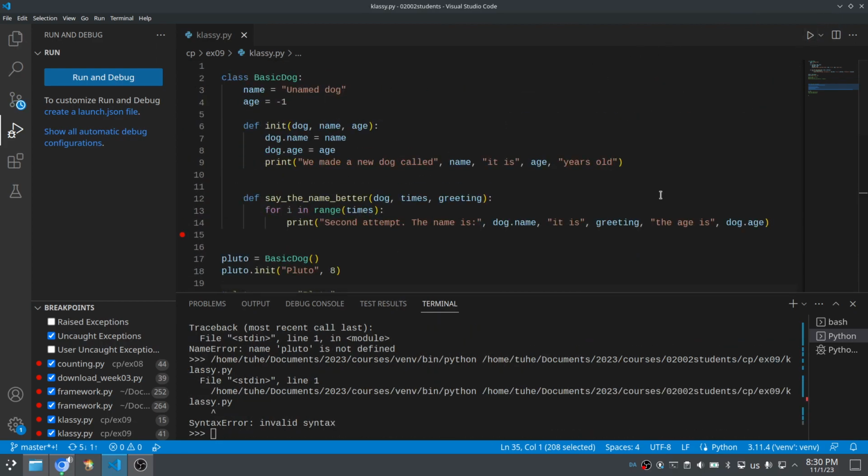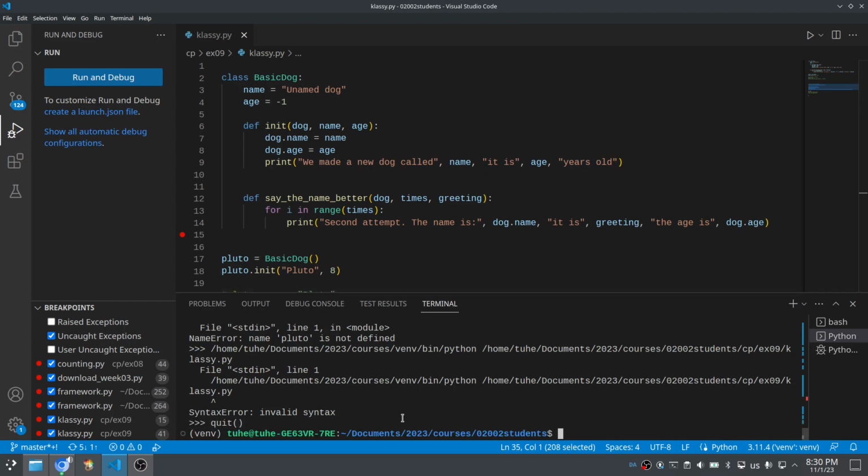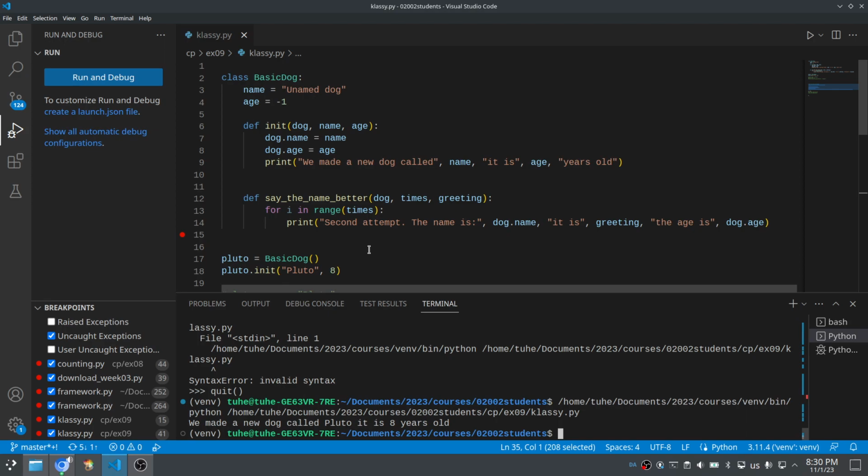So when I call this file, it says invalid syntax, and that's because I'm in the interpreter. Now it says we made a new dog called Pluto. It is 8 years old. Wouldn't it be nice if I could simplify this even further? Like, wouldn't it be nice if I could just not have to remember that it should be called init? There is a way. If I call it init like this,